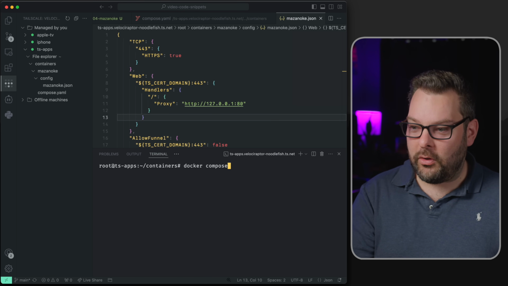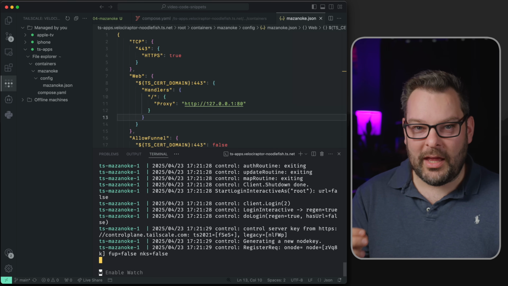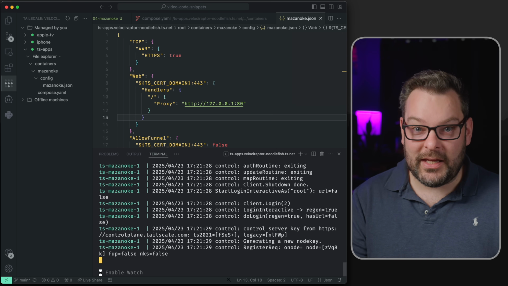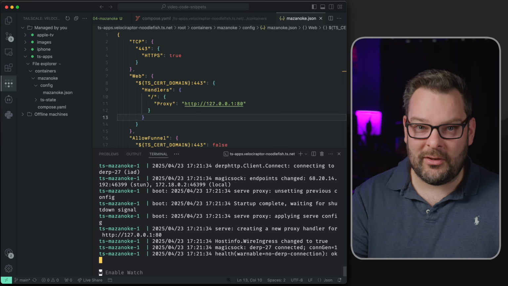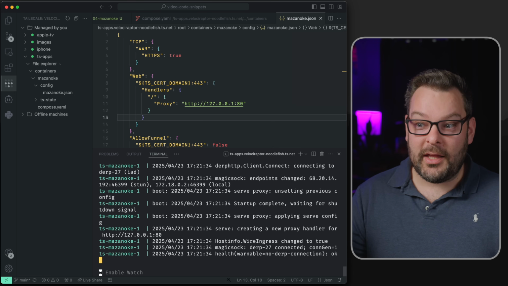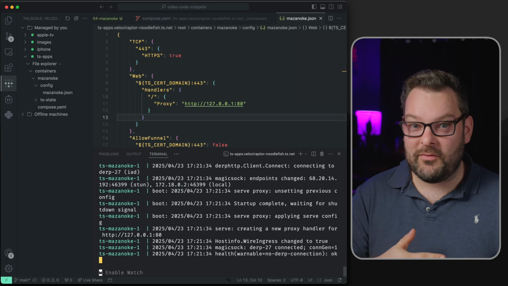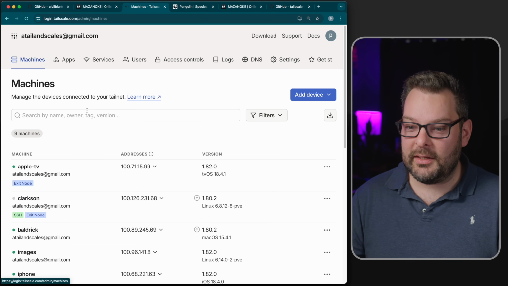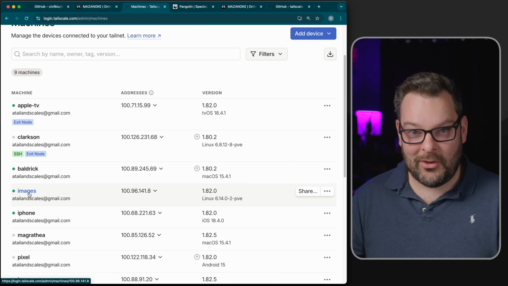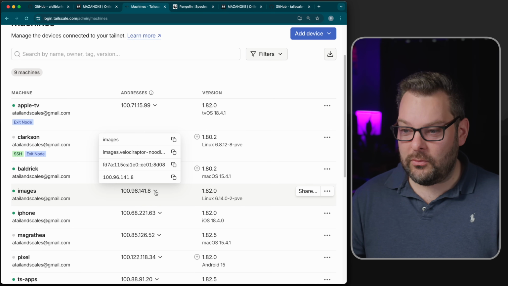And I can type docker compose up. And what's going to happen there is it's going to create both containers. It's going to join the TS Mazanoke container to my tailnet, as well as starting the Mazanoke service. So it's spinning up two containers, and we can verify this by going back to my tailnet and looking for the images node right here. So I'm going to copy this